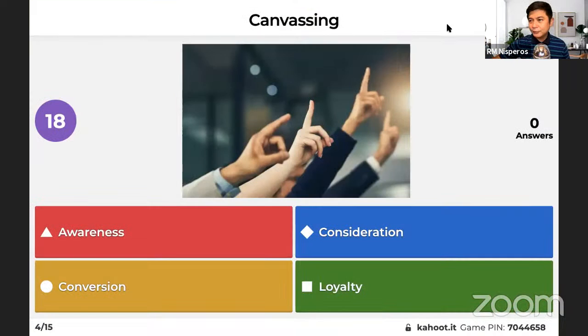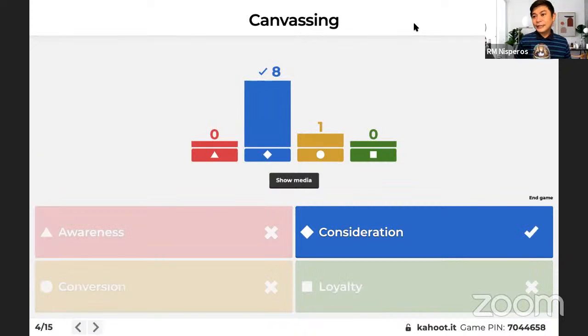Canvassing. When we canvass products, canvass prices, we compare, mix and match. That's still on consideration. Kaya marami kayong makikita mga e-commerce platforms.